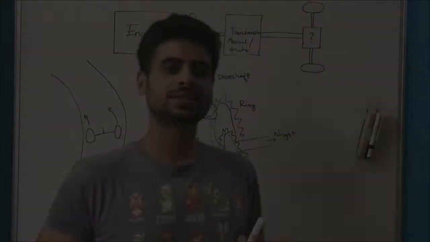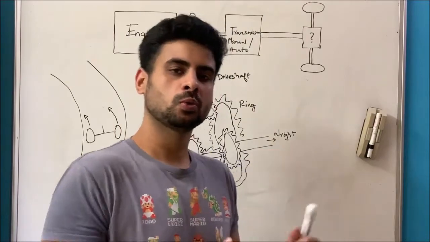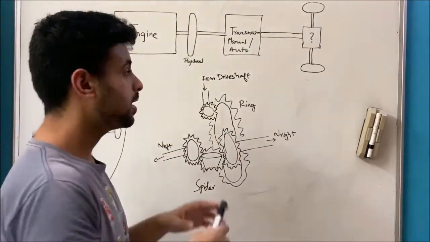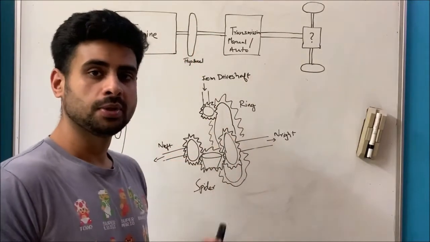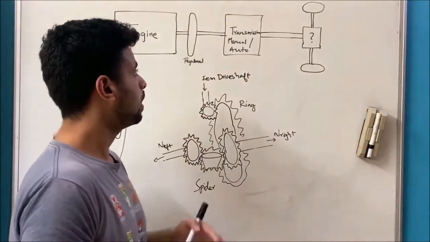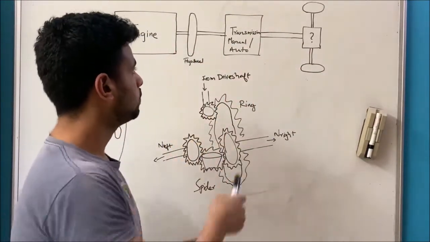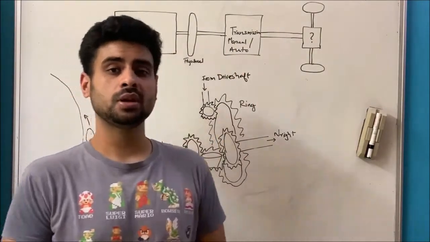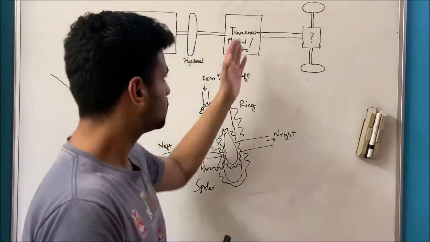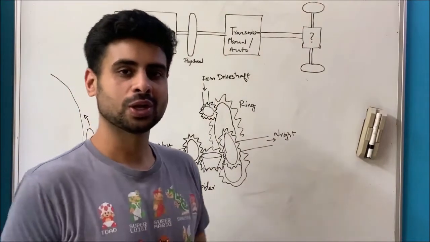So if you've been following this series on the basics of how a car works, we started off talking about what we need for power production, and we spoke about the engine. We ended up with rotational power being produced from the engine to this flywheel, and then we started talking about the processing power after the production, the processing part, which is where we came to the transmission, manual and automatic. And in the last video, I promised you that once we process this power, we're going to send it to the wheels and then we can take our car out during lockdown.